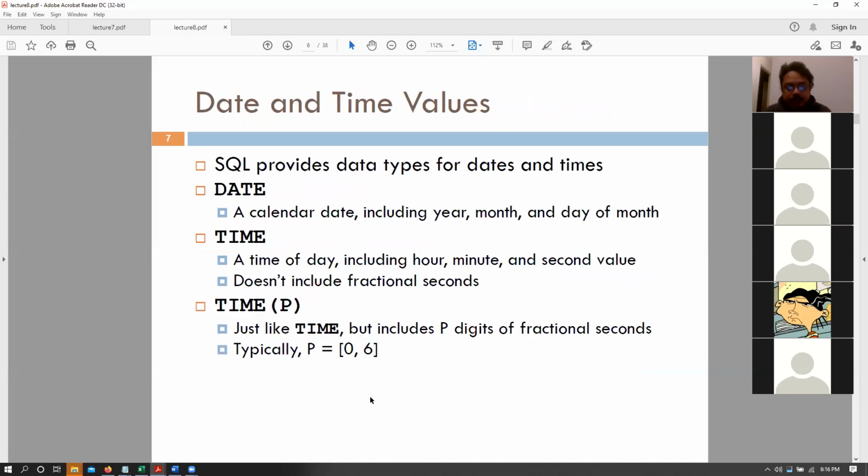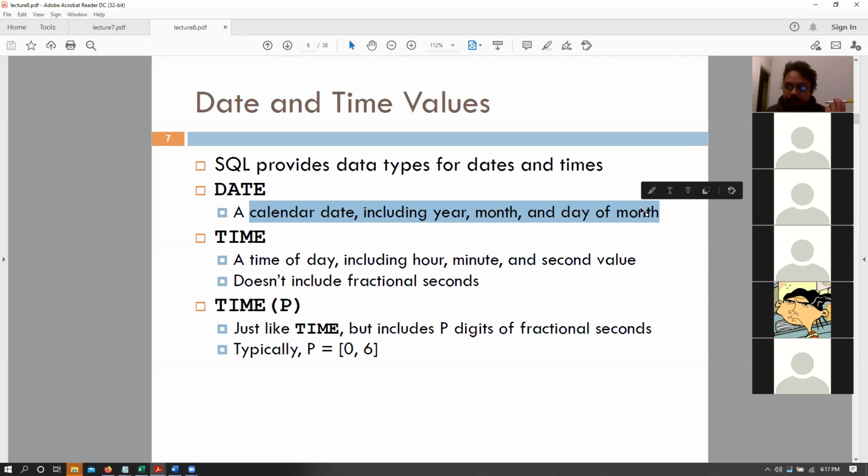Okay, so the next thing that we would want to talk about, and as I said, it's a hodgepodge of information in this set of slides, but take a note of it. So now let's talk about date and time values. We have looked at the domain type, that was date and time, and let's just have some more information on this particular thing. So we can have an attribute of type date that records the date of a particular thing or event. It is basically a calendar date, which would include your year, month, and the day of month.